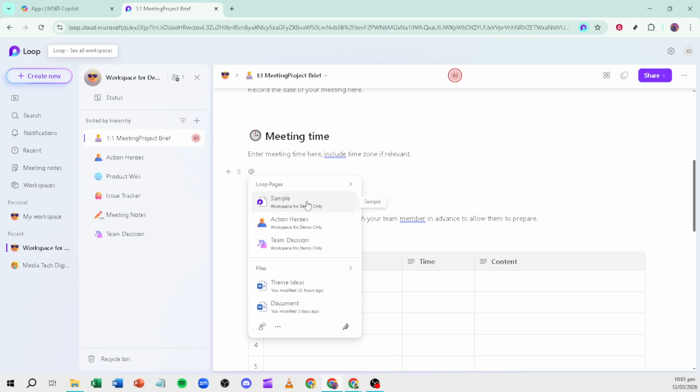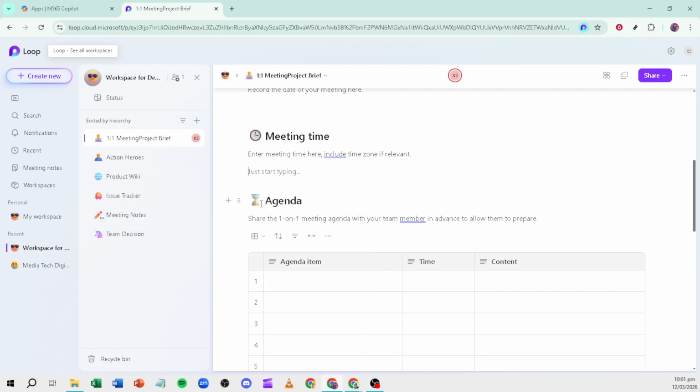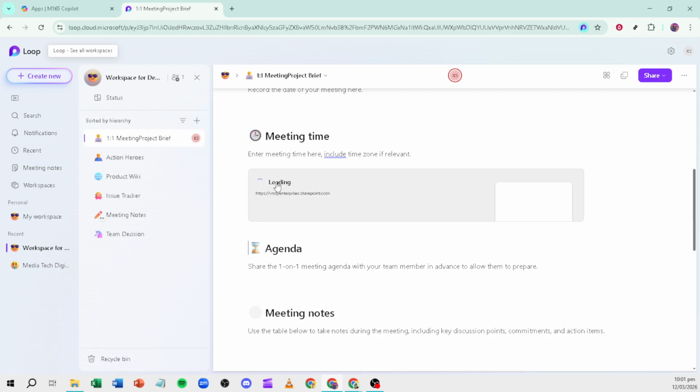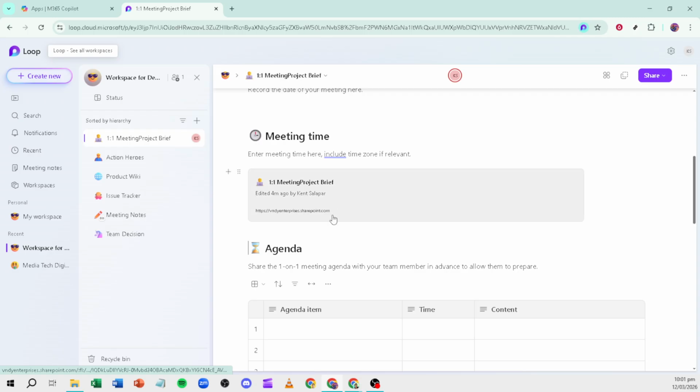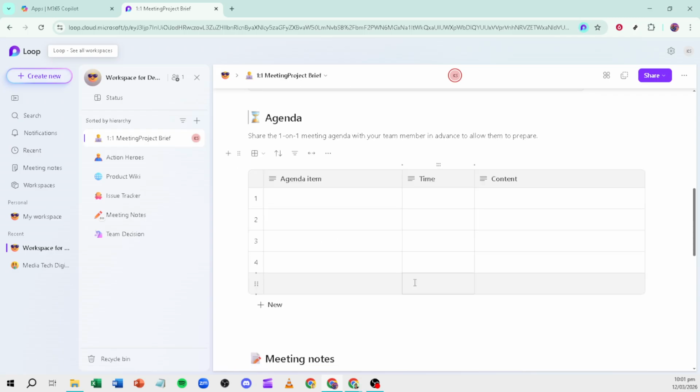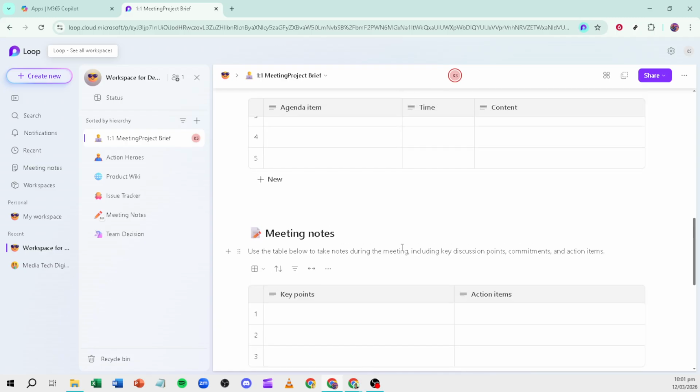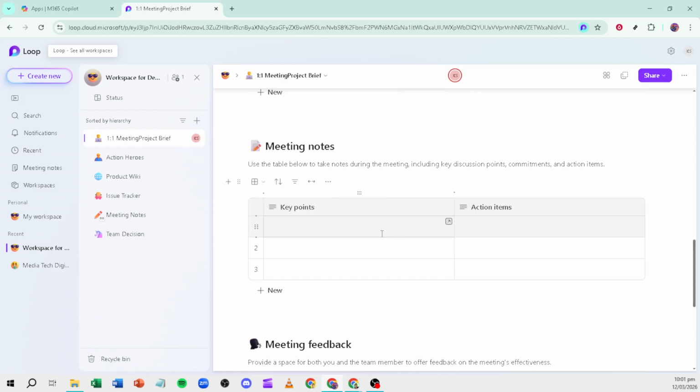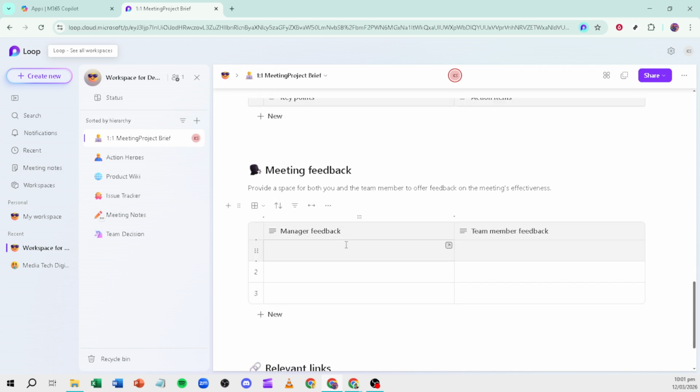The most reliable way to receive alerts yourself is to ask your teammates to @mention you when they comment on your work, assign you a task, or need your review. Keep mentions purposeful to avoid notification overload, and consider adding a short note like "for review today" to make the alert meaningful. If your Loop pages or components are shared in Microsoft Teams chats or channels, Teams will handle a